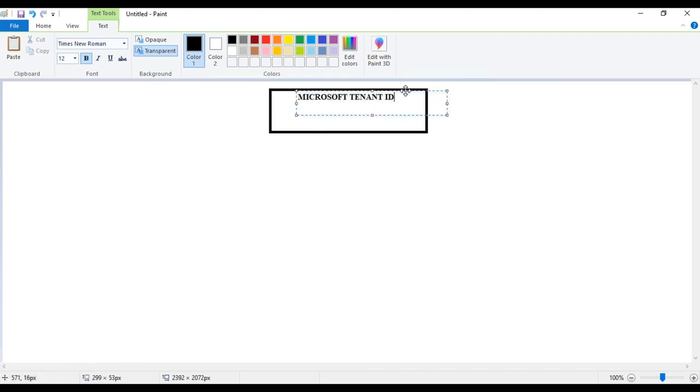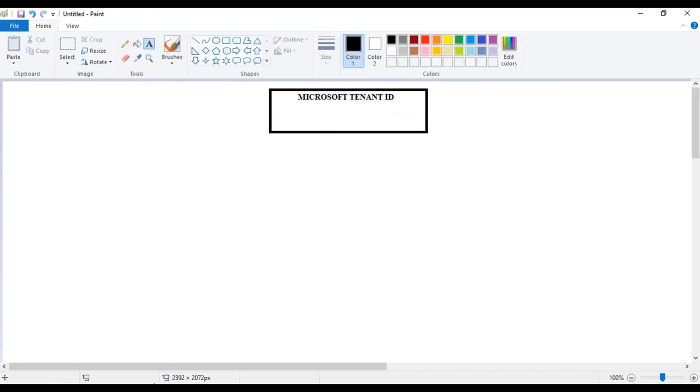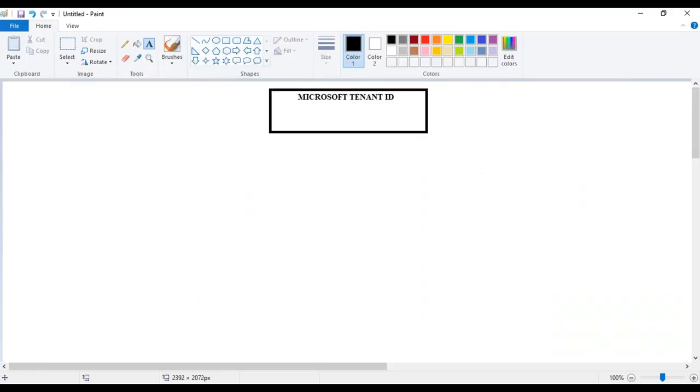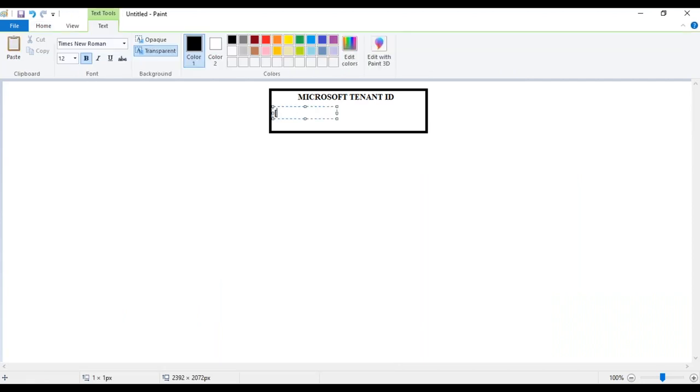This is important, guys, Microsoft tenant ID. And as I said, the tenant ID looks like this, guys. It's a big one, by the way, a big alphanumeric number. If you see, this is the tenant ID, guys.